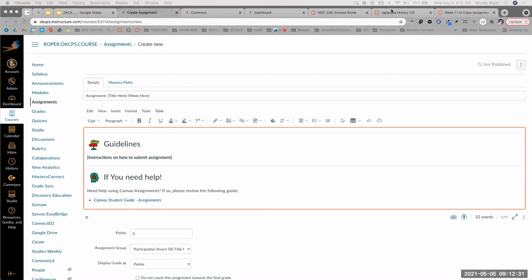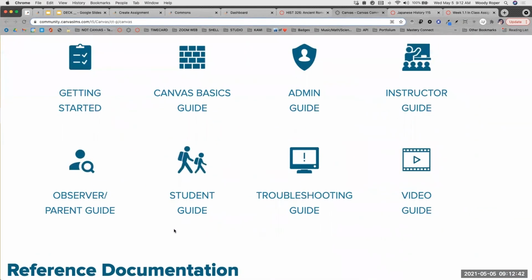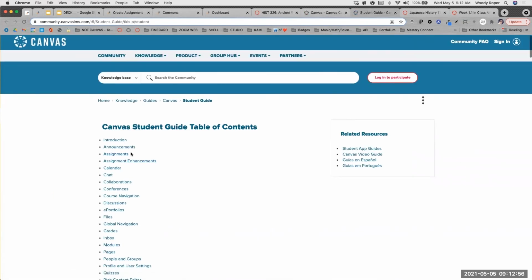I'll just open this up real quickly to show you that if you're in this space, if you come over here, it's like, hey, I'm building a quiz. I'd like to be able to put a quick student guide on quizzes. I can come right over here. I can even include a video if I want to, because our videos and our guides are role specific. So I can find a guide for students on quizzes. If I come over here to the guides for students, and again, I'm building a quiz